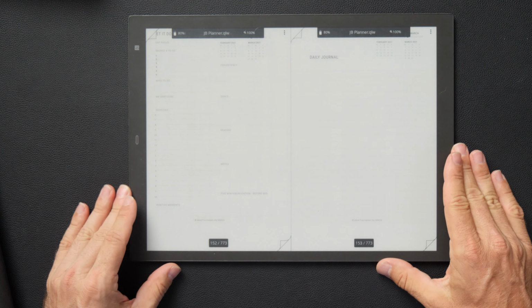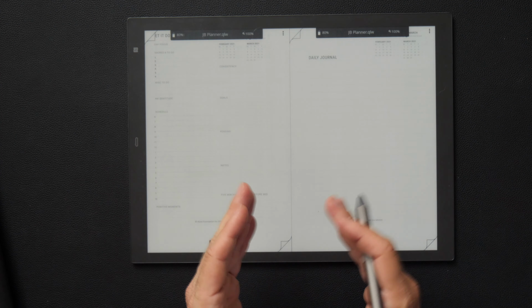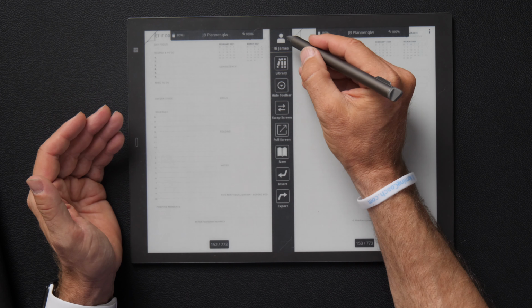The next step up for a planner that I think is really powerful is the paper device. Now, the difference between the paper device and the reMarkable is that you have dual screens. Remember when I showed you this paper planner, it's got the right side where all the planning is, and the left side to write your notes and journal, and that comes from old school productivity, keeping everything in one place. So the next thing I like to use is the paper device,